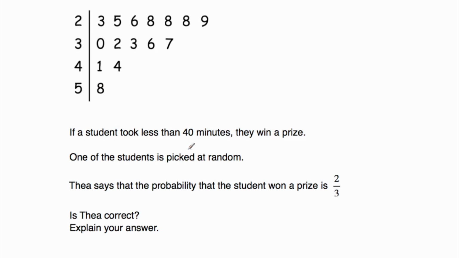One of the students is picked at random. Fia says the probability that the student won a prize is 2/3. Is Fia correct? Explain your answer. So what I'm going to do is I'm going to see first of all how many students there are to